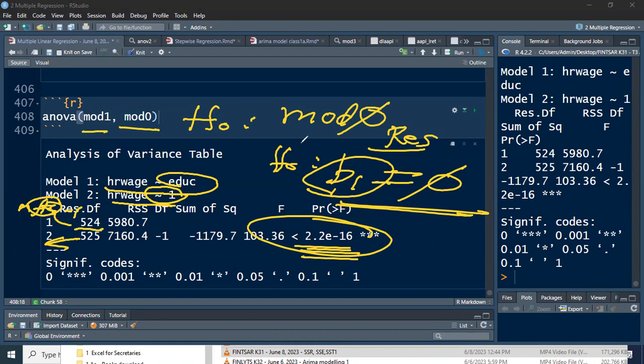P-stat natin, we are rejecting the null hypothesis that model 0 is better. Mas maganda si model 1, yung unrestricted. Okay, so significant yung introduction ng B1 as a parameter. So B1 is statistically significant. Okay, so ibig sabihin since mas maganda si model 1 yung may predictor,